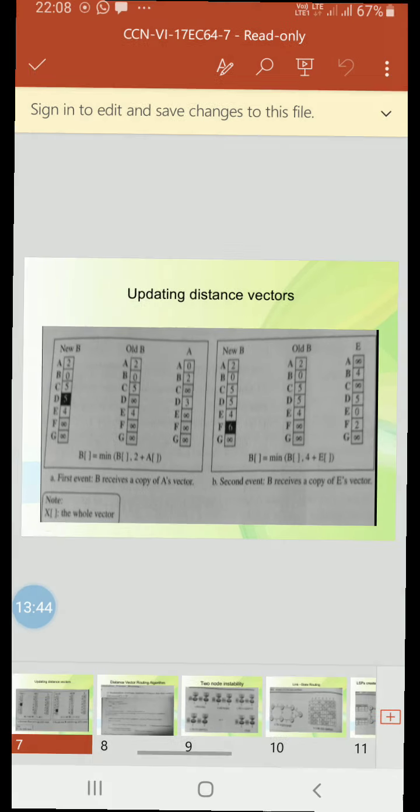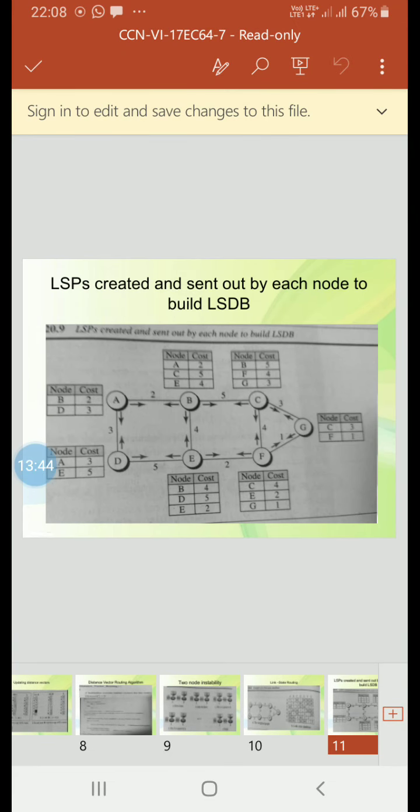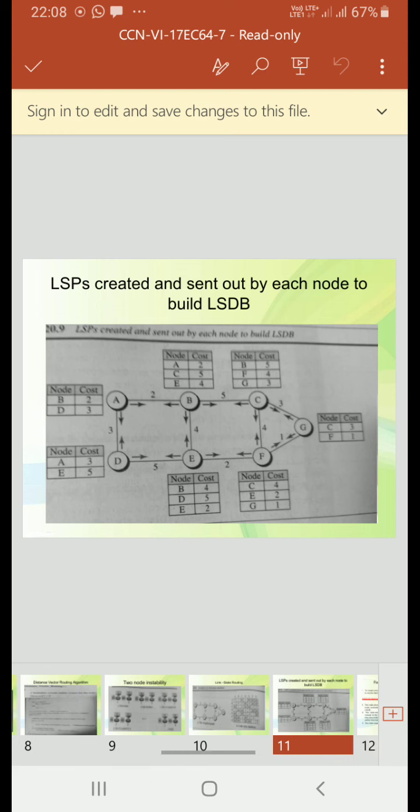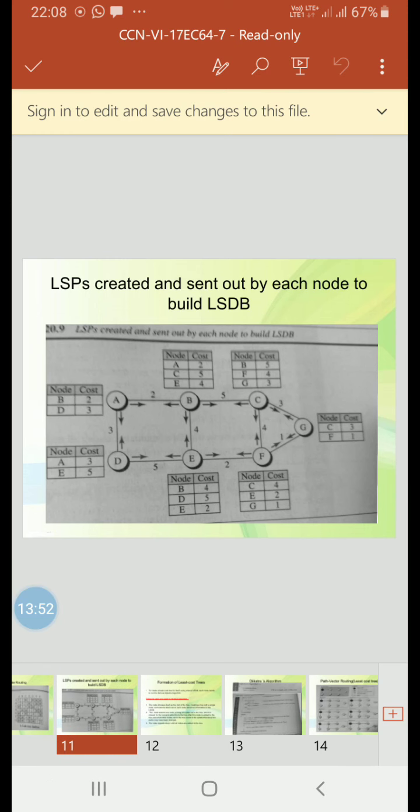See that D line. Is it clear? So is it clear now?